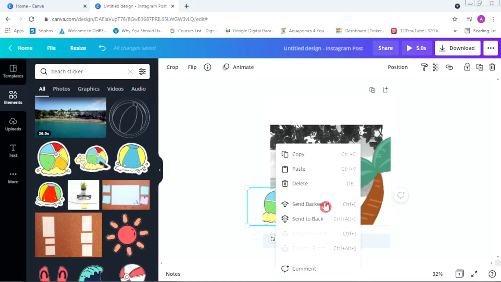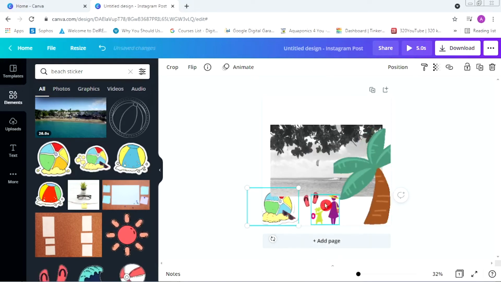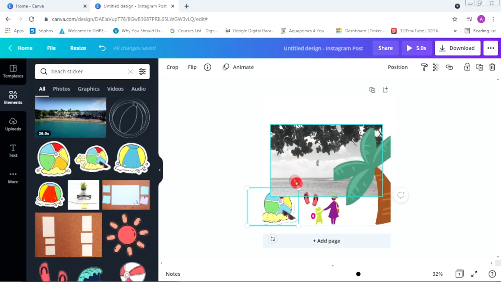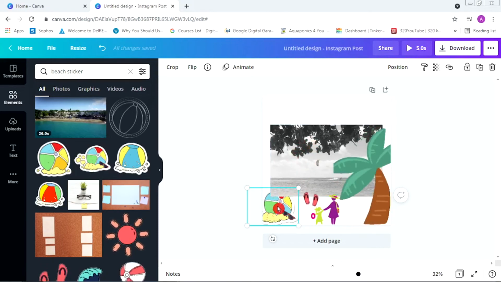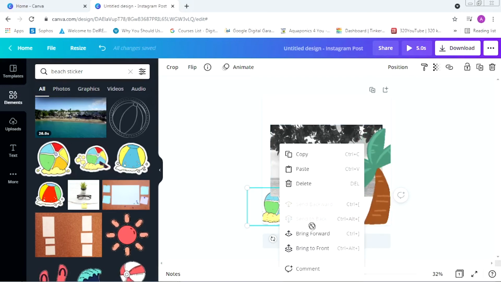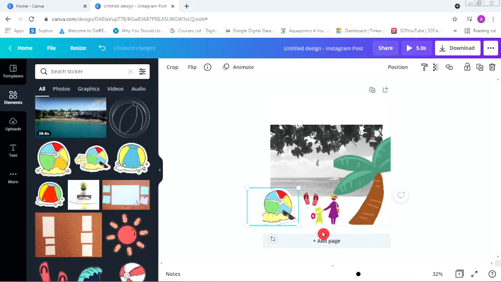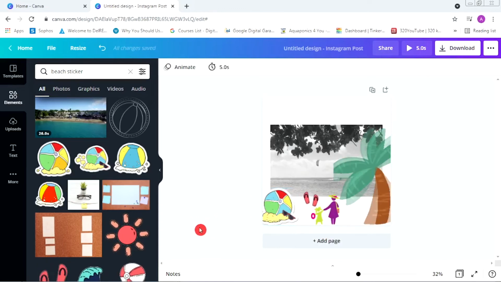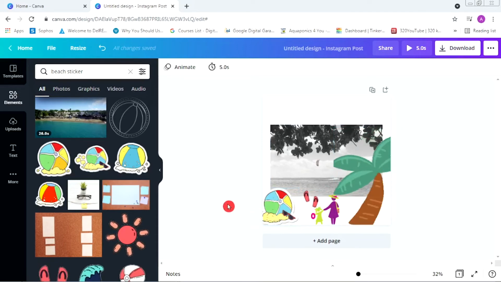So let's say we go with 1 step back. See, the image gets overlapped. Now since it's not looking appropriate, we'll undo this change, right click and bring forward 1 step. This is how we'll add stickers or further elements onto our image.